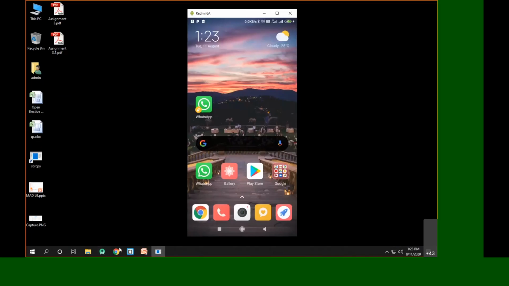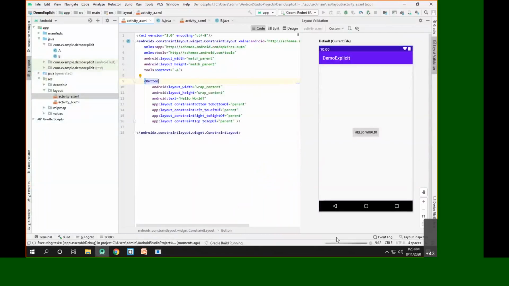As you can see, it is trying to build the project, and once it is built, it will run the project. So it will take some time. Just wait till it builds the project.